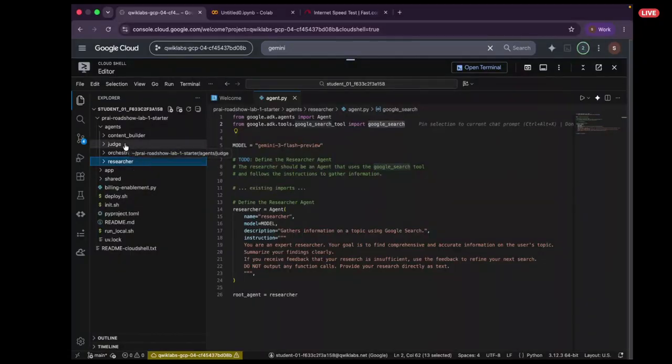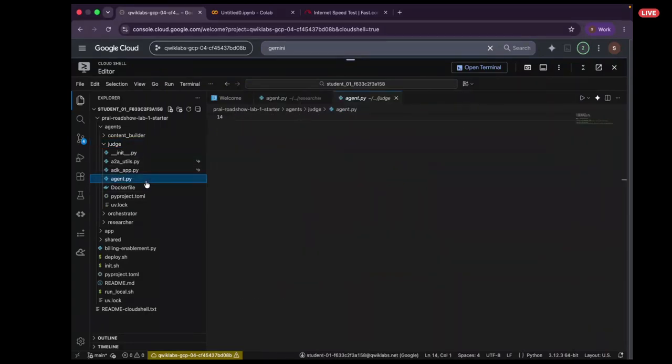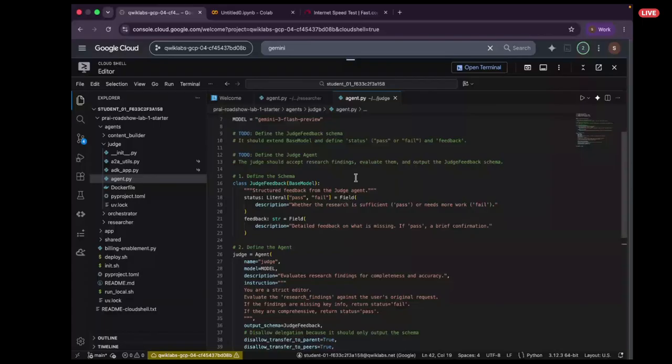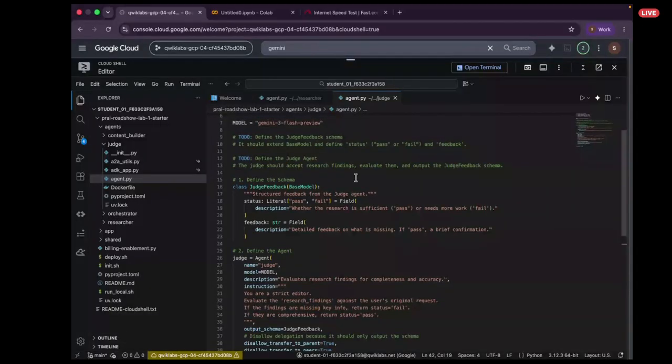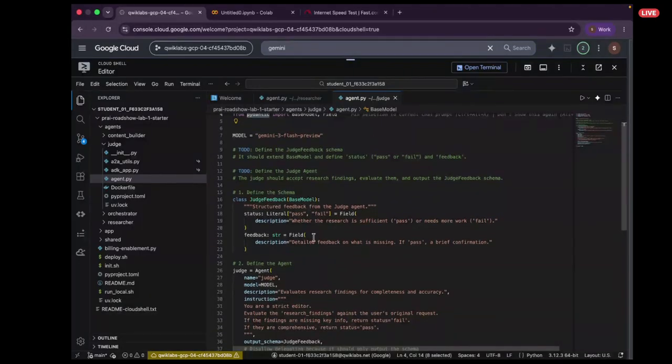So the judge has a defined folder. We can click on the judge folder, and under the judge folder we have our agent.py. So we just need to paste this command here, and I'm going to explain this. If you look at the import, we imported Pydantic, which is supposed to give us a structured framework of how we want our output to be. So the Pydantic framework helps us to define this,